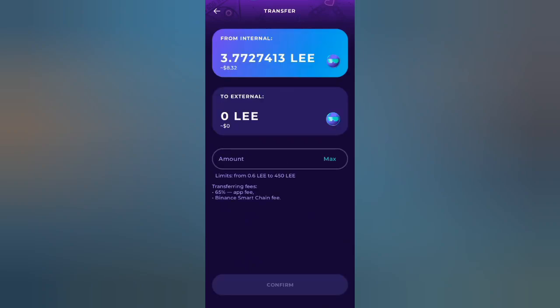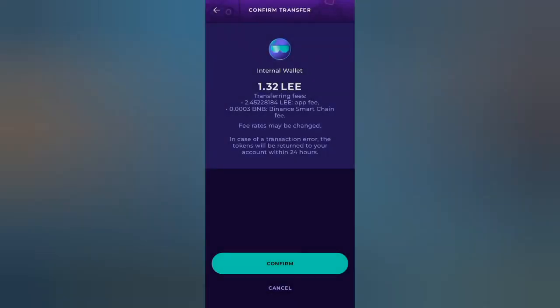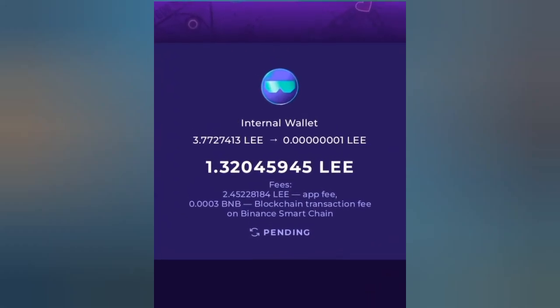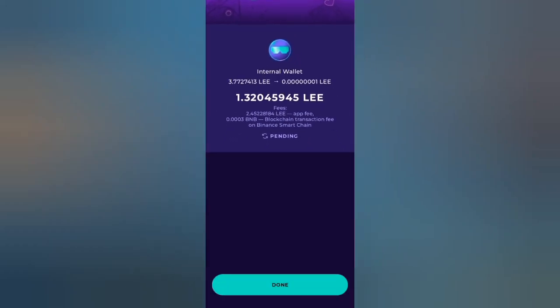then click on max to send this very amount to your external wallet. So this is from internal to external wallet, and you can take note of the app fee, and this is why you need the BNB before you can initiate any transaction on the platform. So go ahead, click on confirm again. Because of the high app fee, this is what I'll be getting,